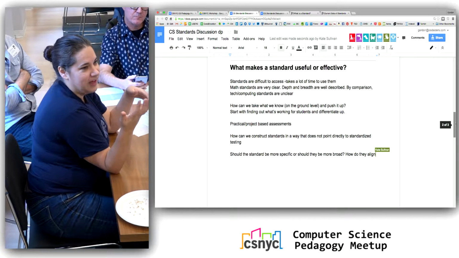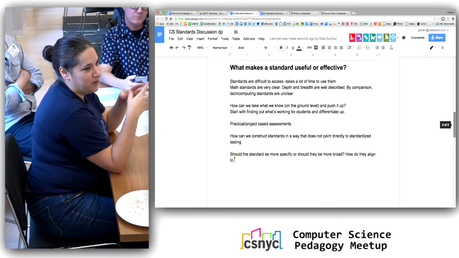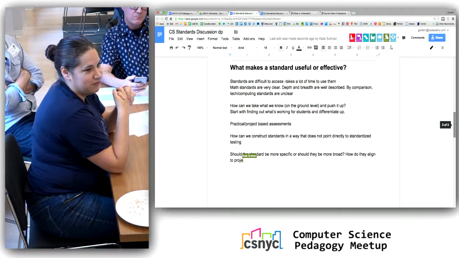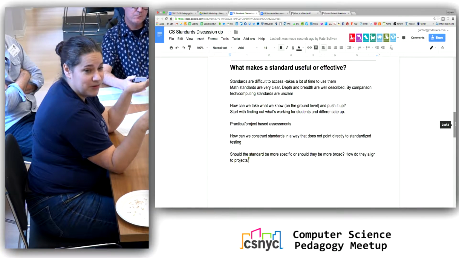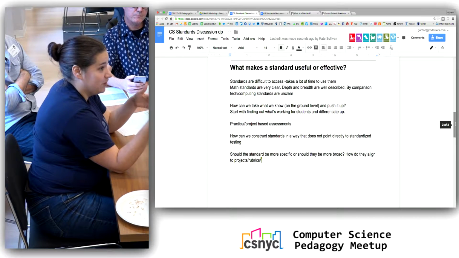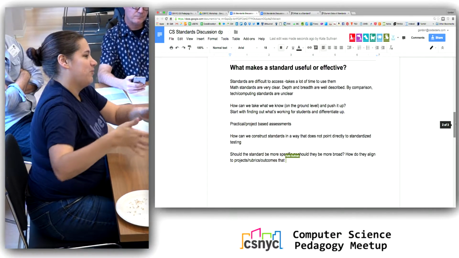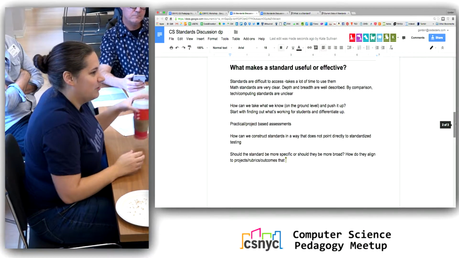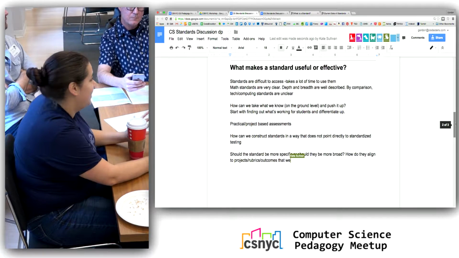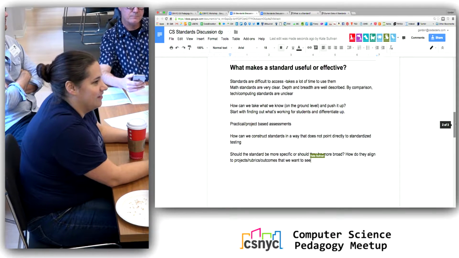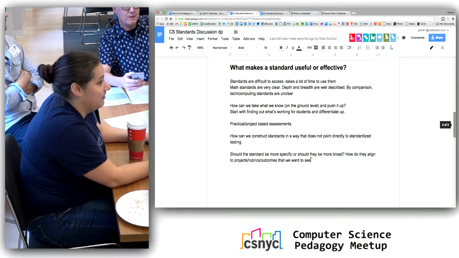But when we think about CS, I think this is part of the work that we have to do as leaders, and I'm so glad people are here giving us this feedback. We need to provide you with exemplars and rubrics and outcomes that you can then see align to those standards. So it's a two-step process to your classroom, not just a single one, because we want to give a big inclusionary option in the standard.